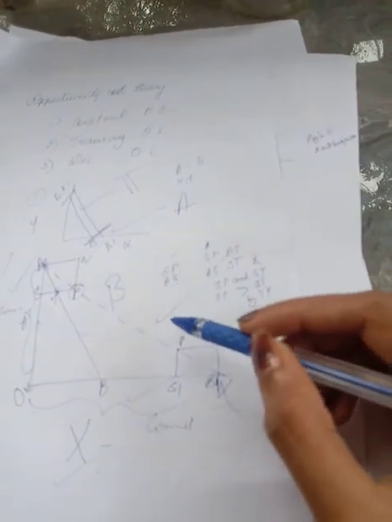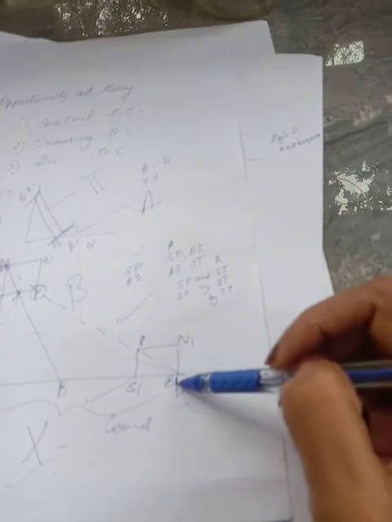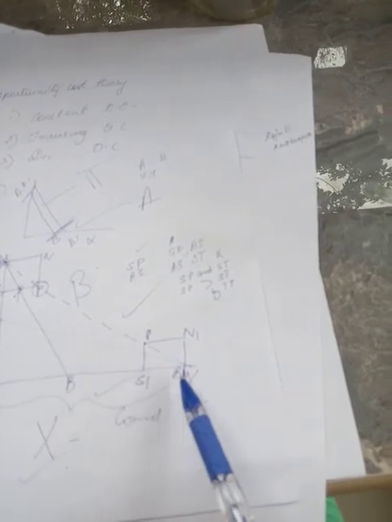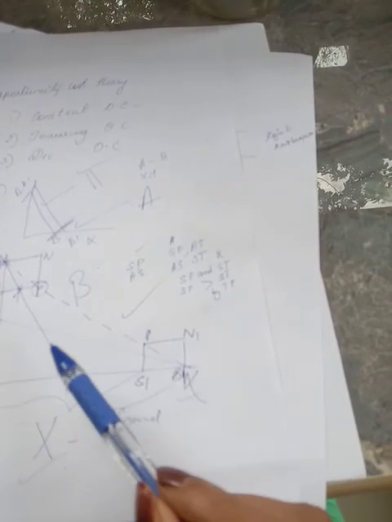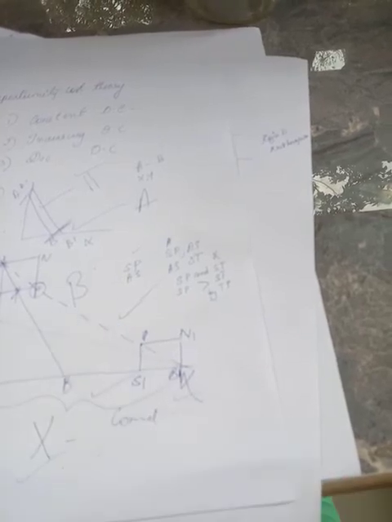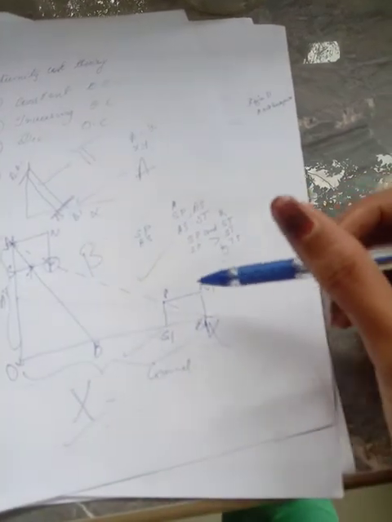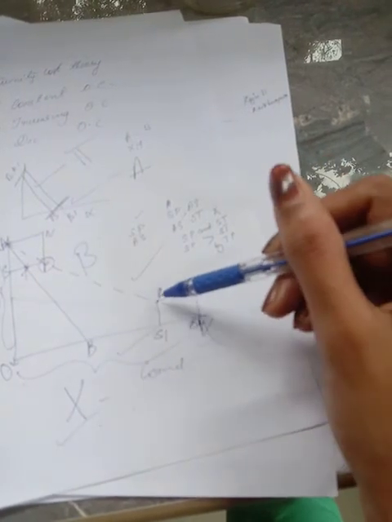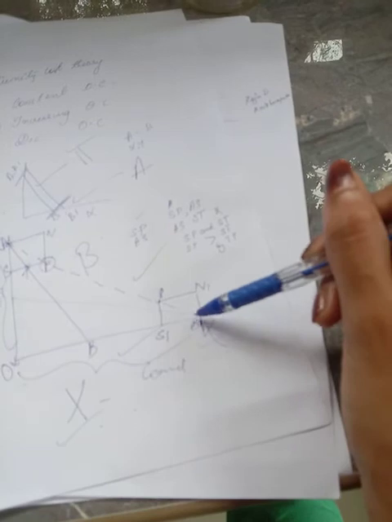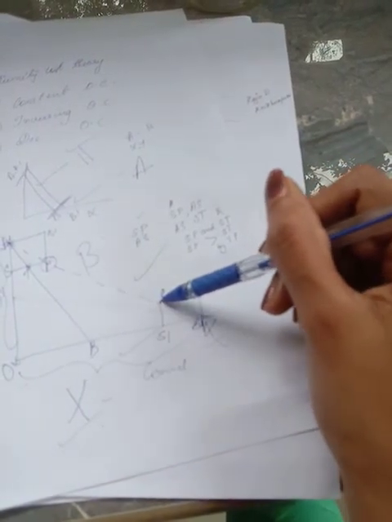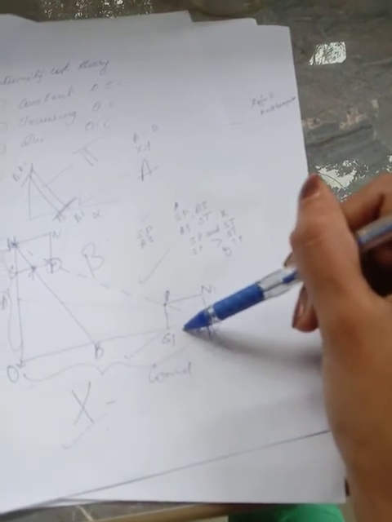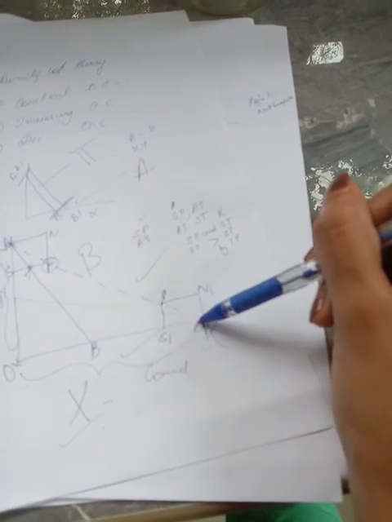Now we will be comparing the case of country B, which is marked in the x-axis. It is specializing in commodity X, that is B1 level of X can be produced, but when we compare the case of commodity Y, it can only produce OA level. So there exists a cost difference between these two countries. Now country B wishes to purchase N1P amount of commodity Y from country A. For that, it has to offer B1S1 level of commodity X.